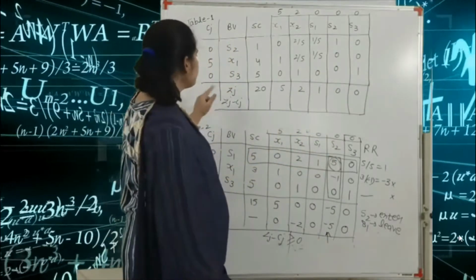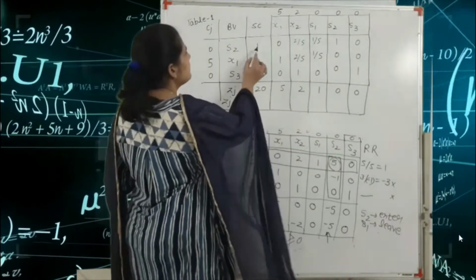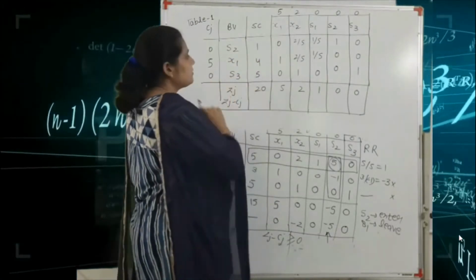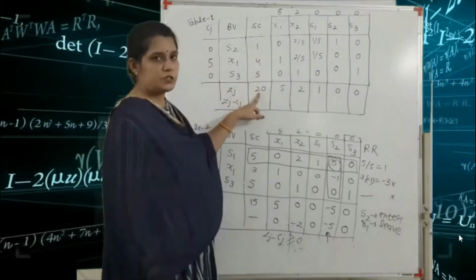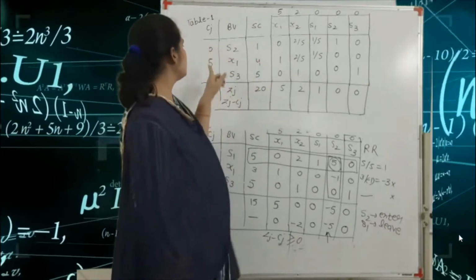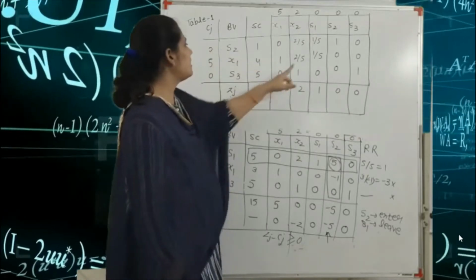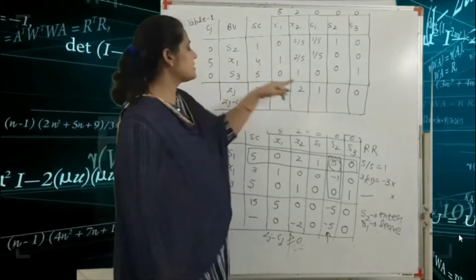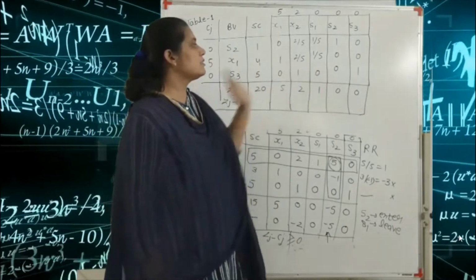Okay. After that we find the Zj. So Zj, that means 1 into 0 plus 5 into 4 plus 5 into 0. So 4 into 5 that means 20. So we get only the second row values, because of the 0 values. So here 5, here 5, cancel. So we write here 2. 5 cancel. So we write here 1 and 0 values.